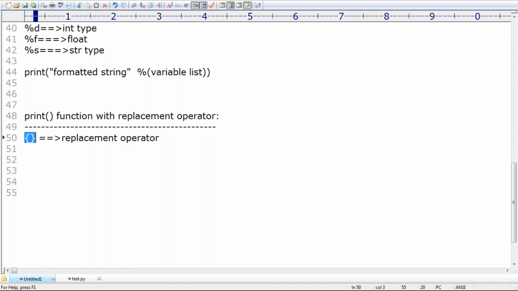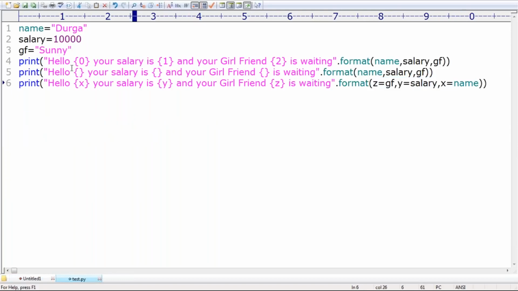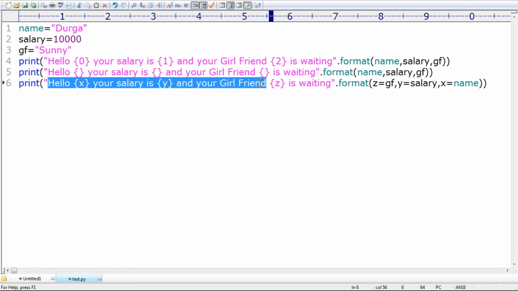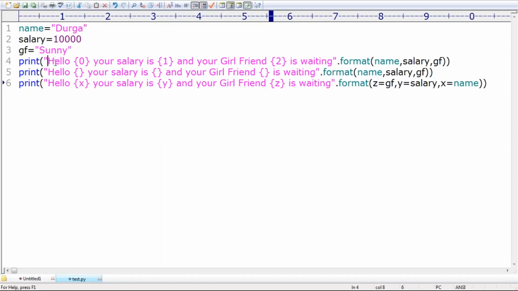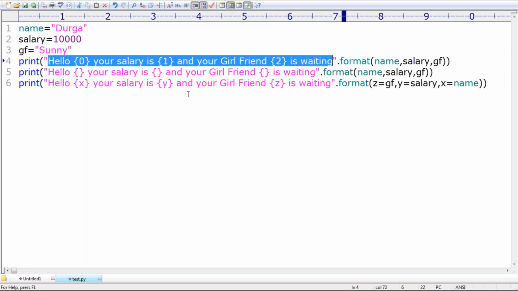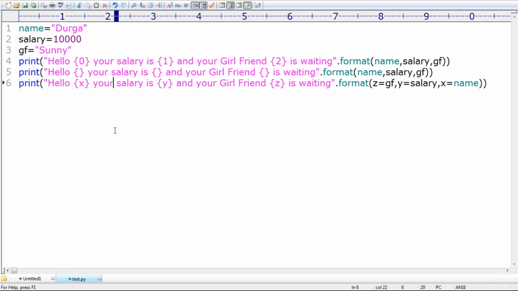That's all. Sir, what is the specific use of the replacement operator? Nothing. Just more flexibility to the programmer. Even variables are there, the variables also we can use. Okay, there is nothing special. It is just flexibility to the programmer. Even some variable part you can use inside the string directly. That's all. Okay. Next, what is %d? I hope %d is also meant for int values only. Decimal numbers. %d is also meant for int values only. Clear?